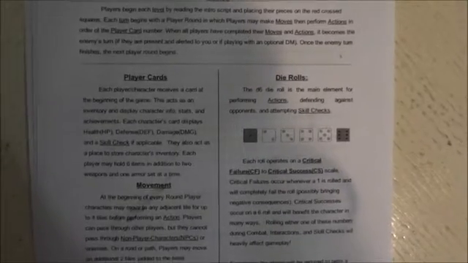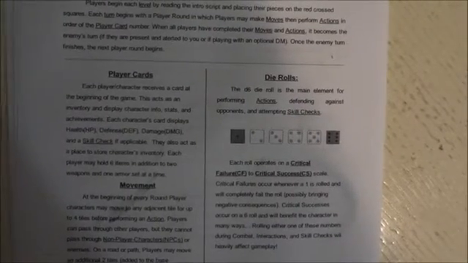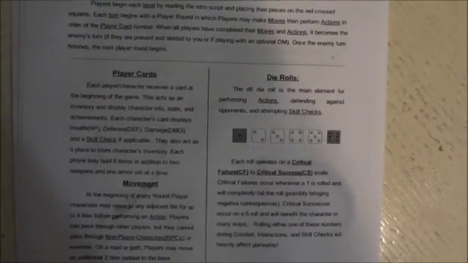Okay, this is a basic overview of the rules of play for the Sinking Throne board game. The basics will begin with each level being read. Each level will begin by reading the intro script and players will place their pieces on the red cross squares. Each turn begins with a player round in which players will make moves, then perform actions and order the player